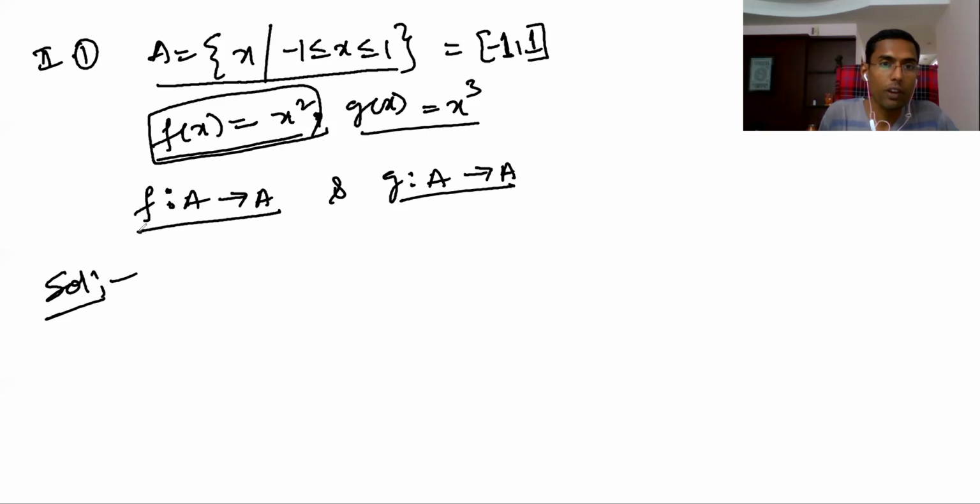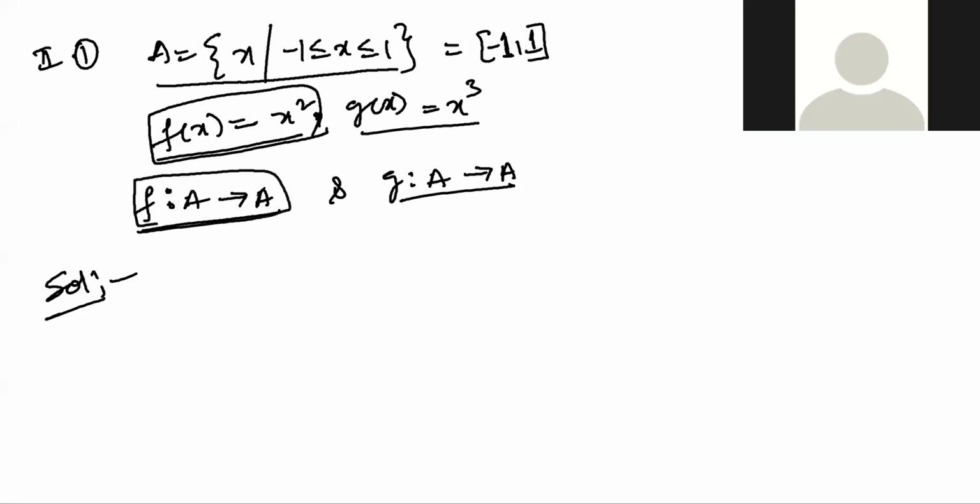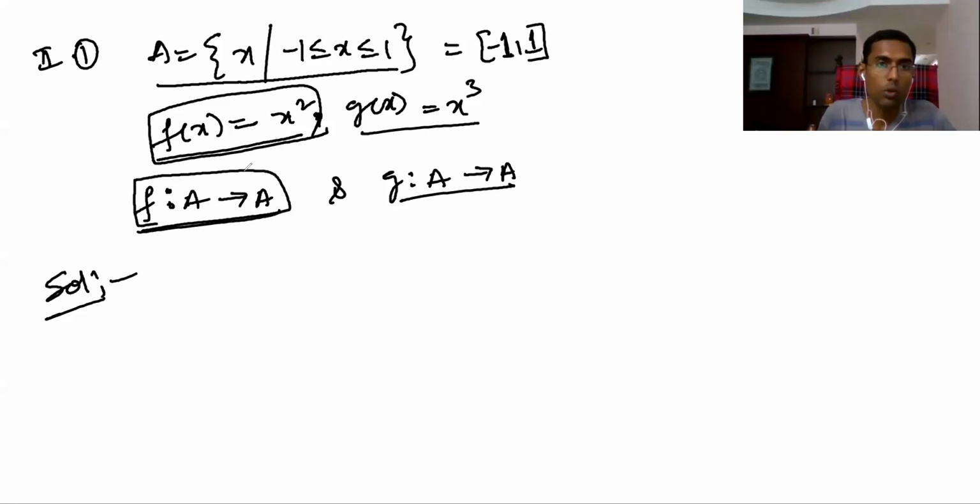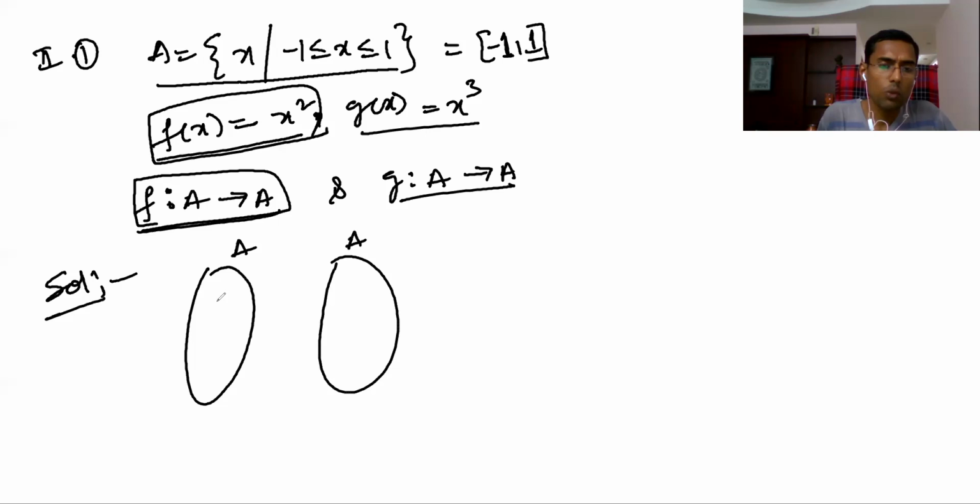So now let's take f of x. So the question now is whether f is a surjection from A to A or not. Already we discussed here, in A, this is also A, this is also A. So here minus 1 will be there, so many real numbers are there, then 0 will be there, again so many real numbers, again 1 will be there. Here also minus 1, so many real numbers, 0, so many real numbers, 1 will be there.